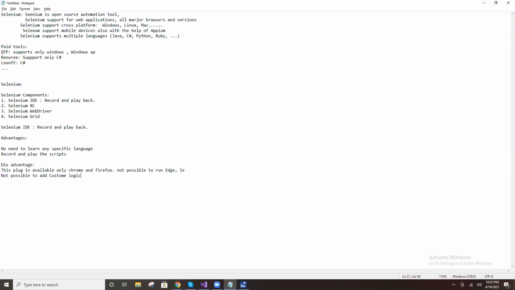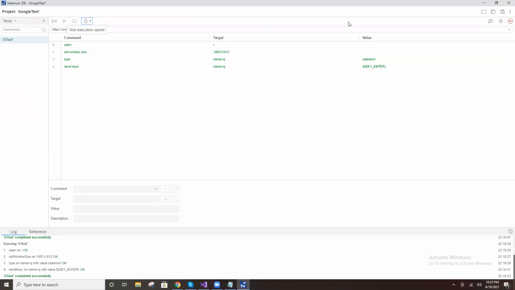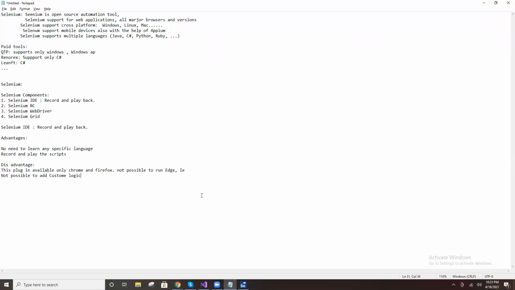Custom logic, conditions, loops, validations, arguments, nothing is there. Just record and play. That is the concept of Selenium IDE. These are the disadvantages.